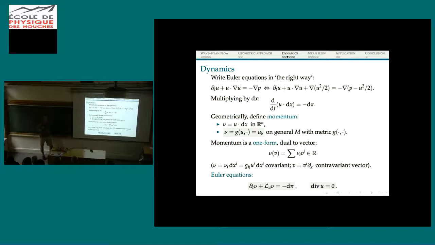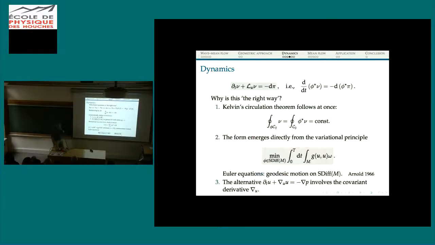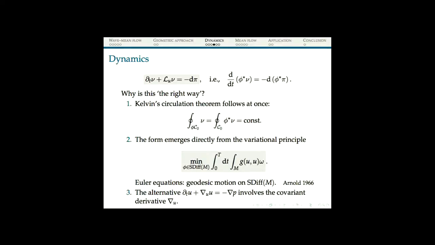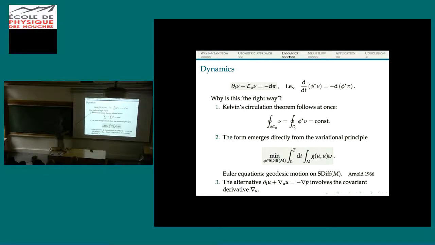Okay, so d is just the equivalent of the gradient. So we have this, and we have the divergence of u. Okay, so I write this. I think it's pretty, but why is it so good? Well, one thing is that you can write this immediately using the definition of the Lie derivative